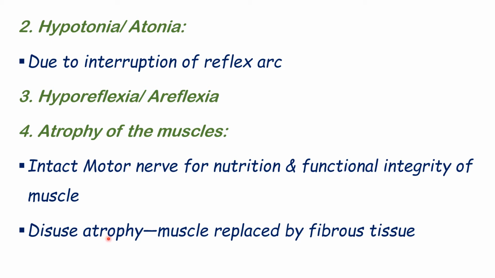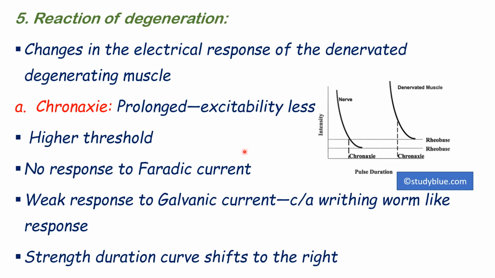Disuse atrophy, because you're not using the muscle, so the stimulus to the muscle to contract is lost and the muscle doesn't repair itself, rather it decreases in size. Finally a stage will come when the muscle is completely replaced by fibrous tissue, and such a muscle generally remains in a contracted state. The fibrous tissue does not have contractile elements like actin and myosin. So such a muscle is not going to contract.